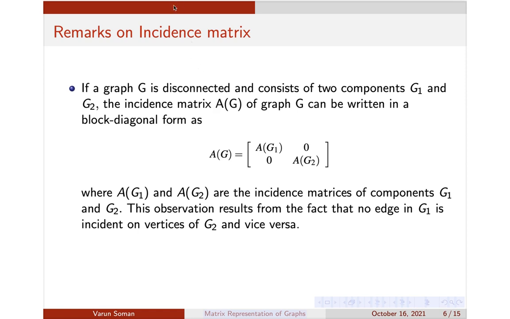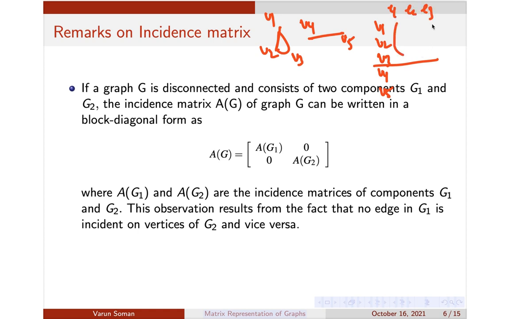Moving forward, we can see how a disconnected graph could be written. You know that a disconnected graph will contain two parts. Suppose your graph vertices are v1, v2, v3 in one part, and v4, v5 in the other. When you write down the columns corresponding to v1, v2, v3, and then v4 and v5, these edges e1, e2, e3 will have values other than 0 only in these three places. For the v4, v5 columns, definitely it will be 0 because those edges are lying in this component only.